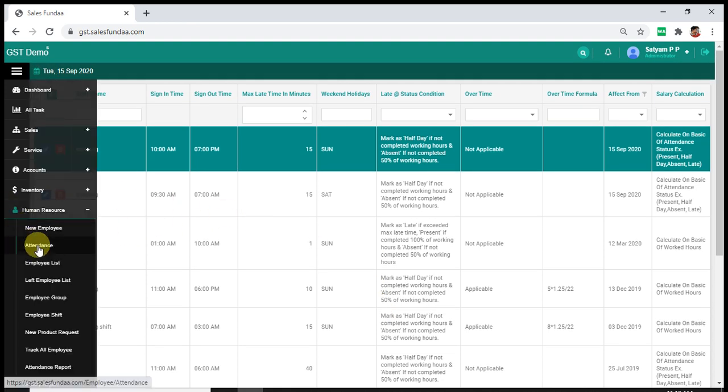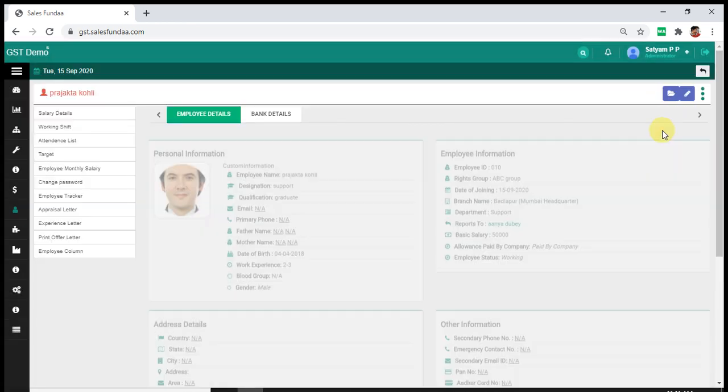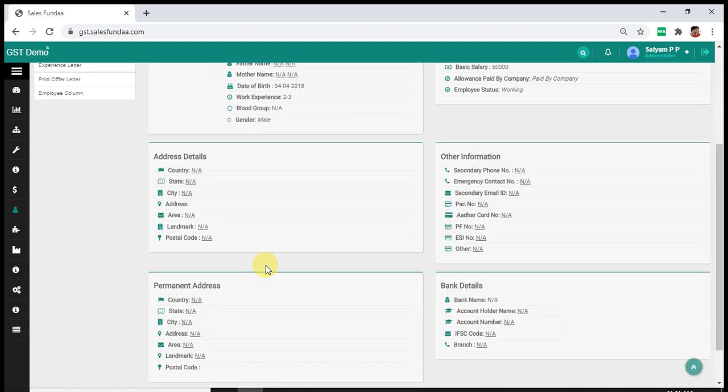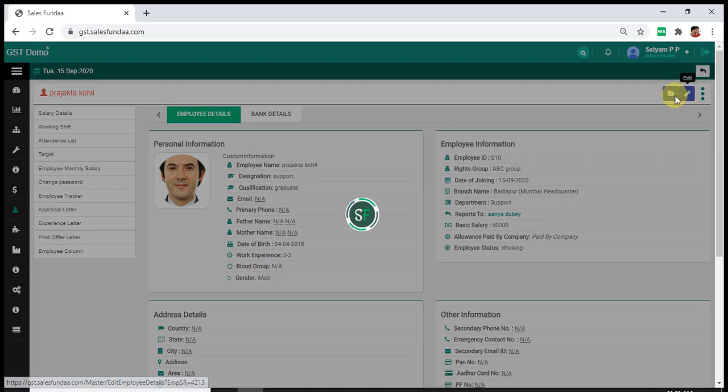Now next is go to employee list. You can see your employee name Prajakta, and the designation, date of birth, branch ID, department. Enable to login. We have not given them login. Okay.